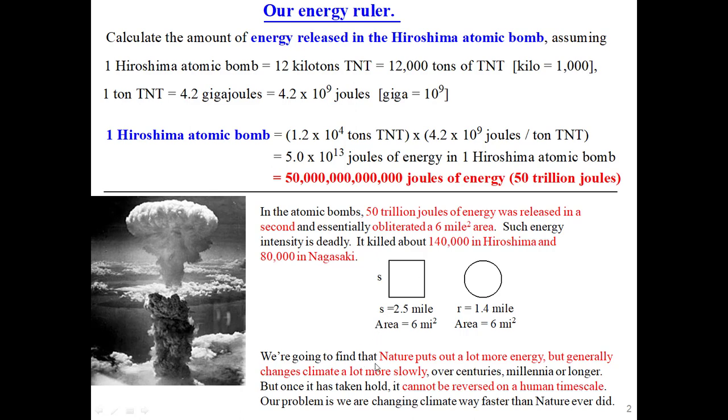What we're going to find is nature puts out a lot more energy than that, amazingly. But nature does things, changes climate, very, very slowly, usually over centuries, millennia, or even longer, 10,000 years, 100,000 years. So things change slowly. However, once nature makes a change, you're not going to come back real quick. Okay, on a human time scale, it's pretty much irreversible. So we're making some changes way faster than nature usually does. And nature's not going to let us change back very quickly,